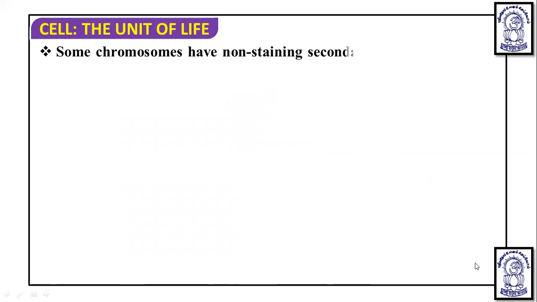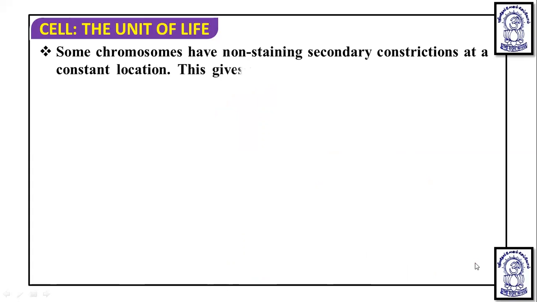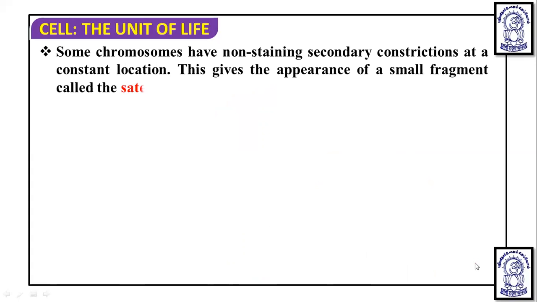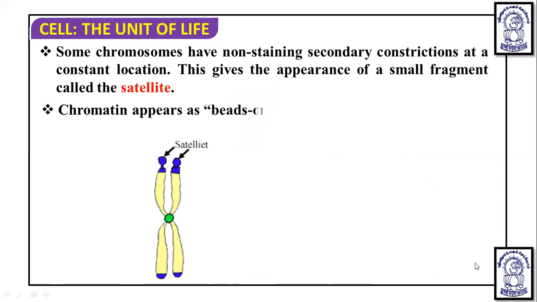Okay. Now, apart from this, some of the chromosomes have a non-staining secondary constriction. The primary constriction is the centromere, but some chromosomes have a secondary constriction as well, present at a constant region. This gives the appearance of a small fragment called a satellite. This secondary constriction is known as a non-staining structure. Okay. So chromatin appears as a bead on a string structure. Okay. So here first we need to understand this